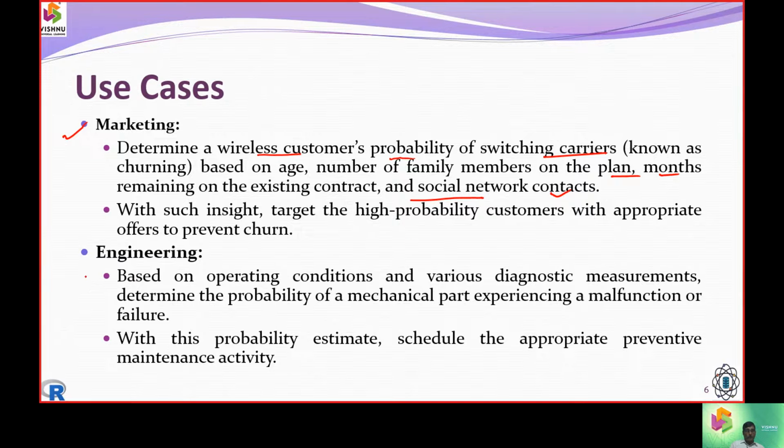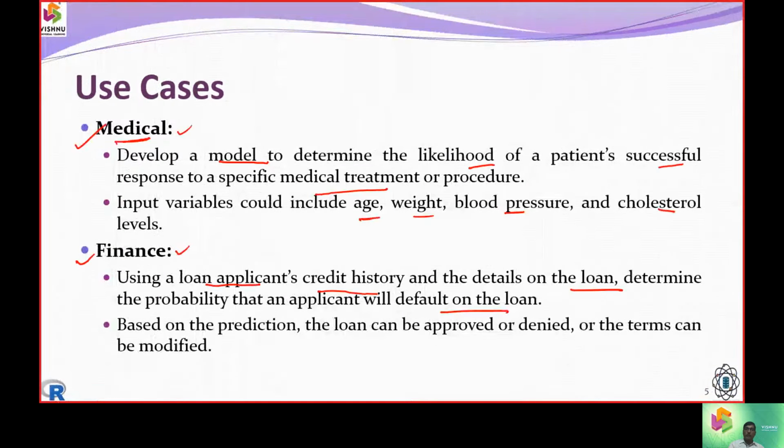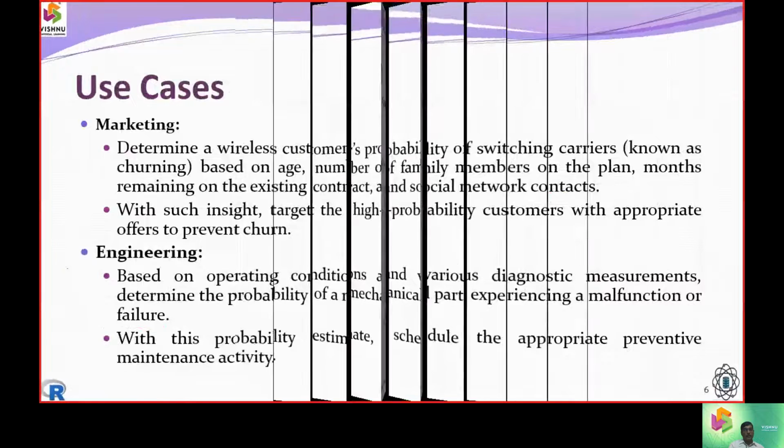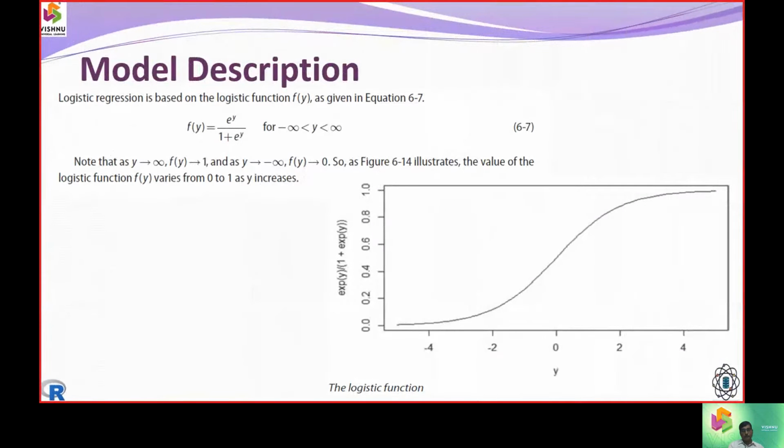Similarly, there are some engineering applications. We will estimate security, schedules or machinery activity: how long a machine's life will be, when it may malfunction, and failure detection. In this way, we will predict something. So there are certain applications where logistic regression takes place: the medical domain, the finance domain, the marketing domain, or the engineering domain.